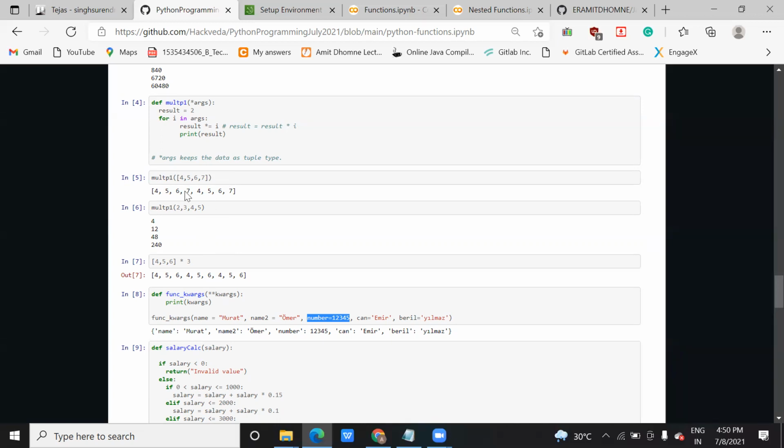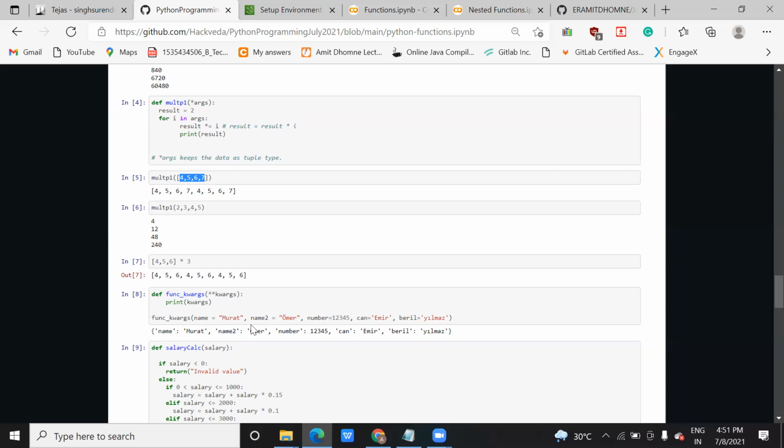Have you worked with the list? Yes. So here also it will work. In this example also I've shown you, in this code I've already added this. Here these are all keyword arguments. What is a keyword argument? In a keyword argument we are using a keyword with a particular value. This is the difference between these two. Here you are just passing a value, and here you are passing it with the keyword. For example, roll number 1, roll number 2, roll number 3, like that. Or name, student 1, name 2, student 2, name 3, student 3, or a certain set of values.